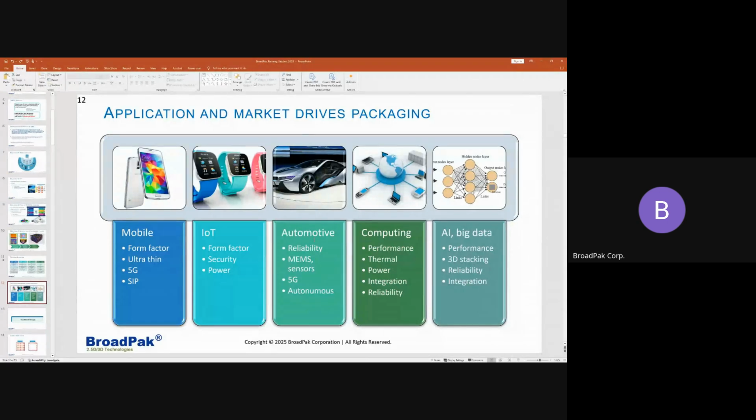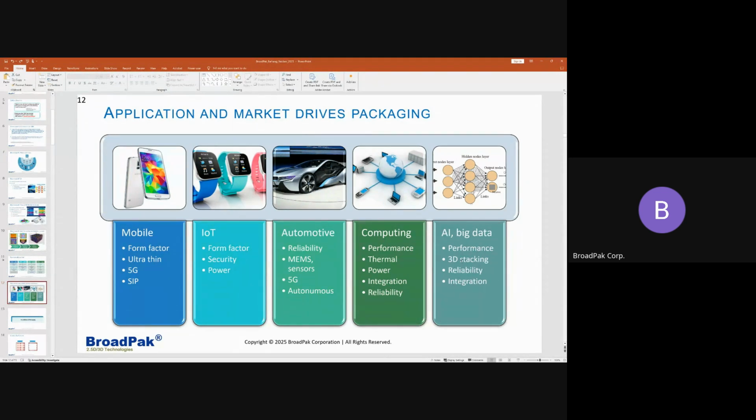For the auto industry, the way we package it, the reliability is super important. The MEMS, the sensors, the 5G, the autonomous type packaging, all of these are going to be important for the auto industry. For computing, when we package, we strive for the performance, including thermal, power, integration, how we integrate those, and the reliability. And of course, for the AI and the big data, the packaging is going to require high